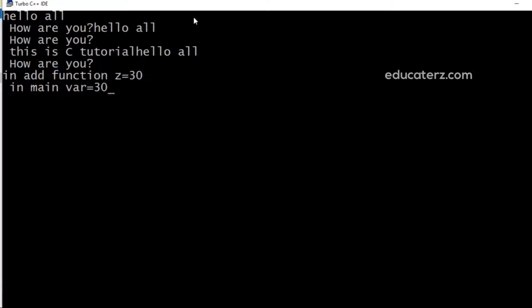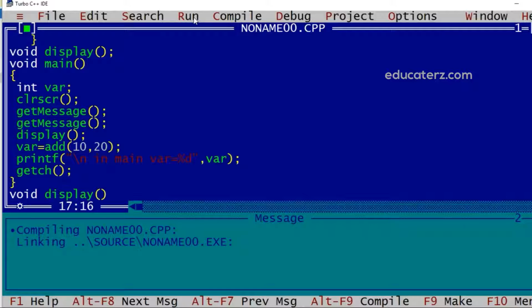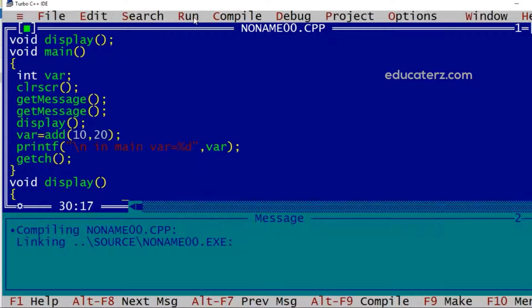The compile time error is removed because we have declared that there will be a display function which will come later, but while calling the compiler will come to know that this display is available, so it won't give the error. This is called a prototype. A prototype will hold just the return type, name of the function and list of parameters, not the function body. This prototype we can even add inside main also.